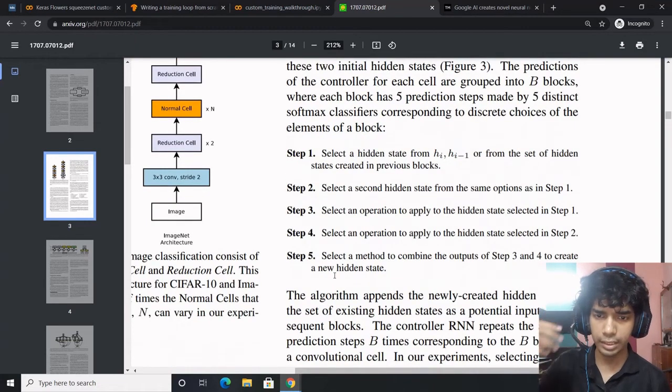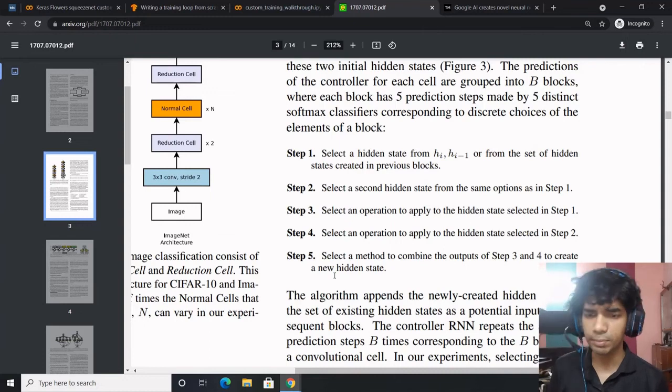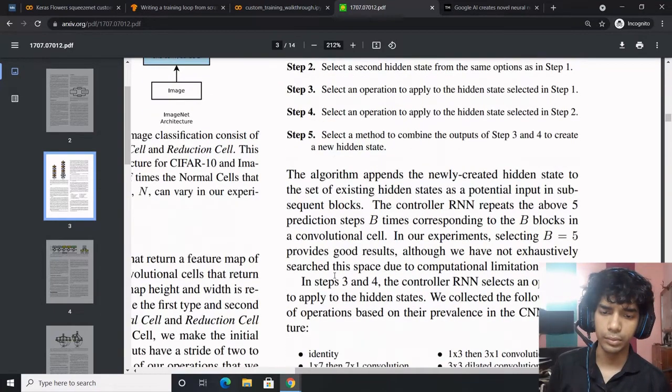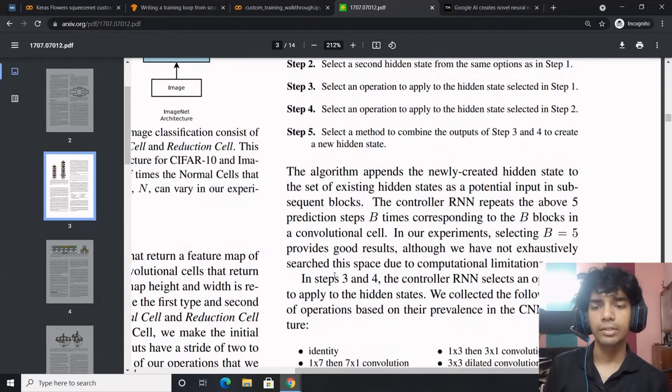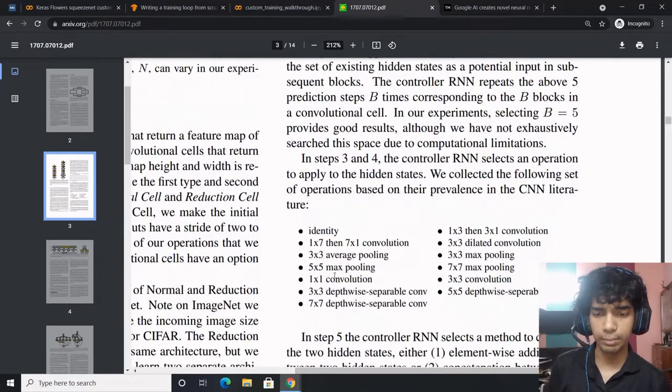First, select a hidden state from hi or hi minus 1, or from the set of hidden states created in previous blocks. Second, select a hidden state from the same options as in step 1. Third, select an operation to apply to the hidden state from step 1. Fourth, select an operation to apply to the hidden state from step 2. Fifth, select a method to combine these two. The algorithm then appends the newly created hidden state to the existing ones. This is how it happens.